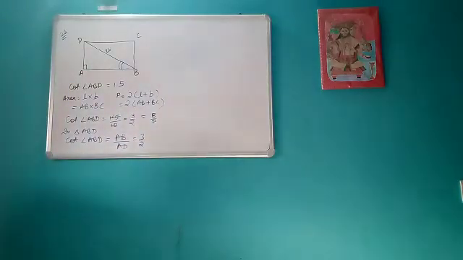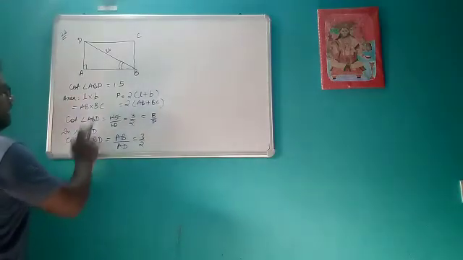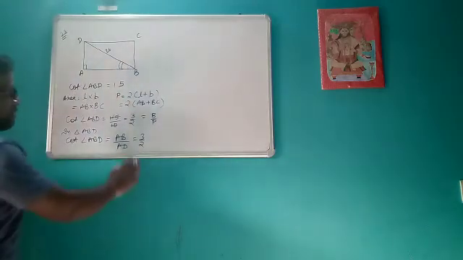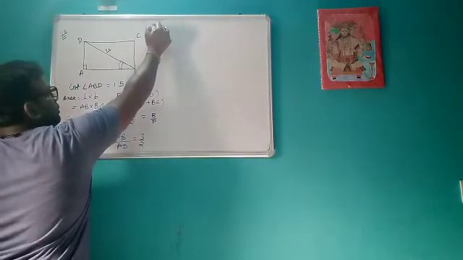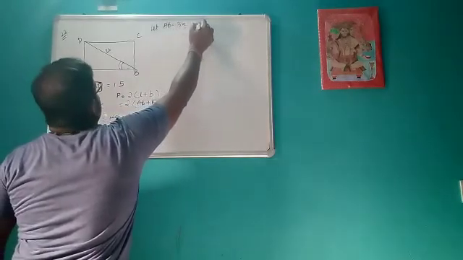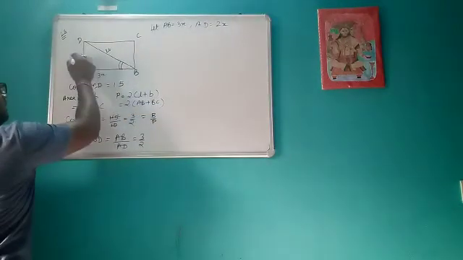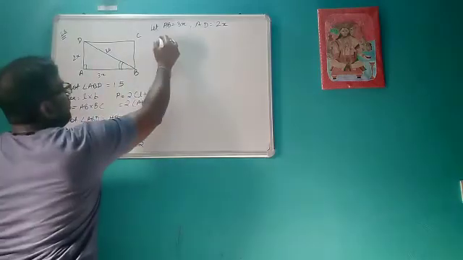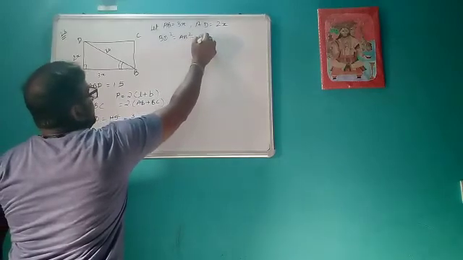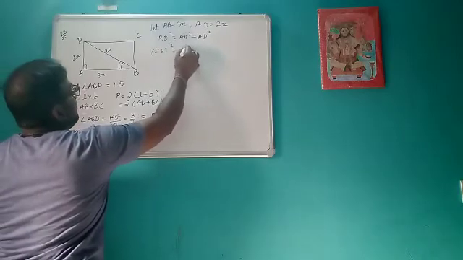Okay, so if you remember, we have done a question like this when we took the figure of a rhombus. So for cot angle ABD we have written, this will be base, this will be perpendicular. So now again we will use the concept of ratio. So let AB equal to 3x and AD equal to 2x. So this will be 3x and this will be 2x. So again we will use the Pythagoras theorem, that is BD square is AB square plus AD square. So BD is 26, AB